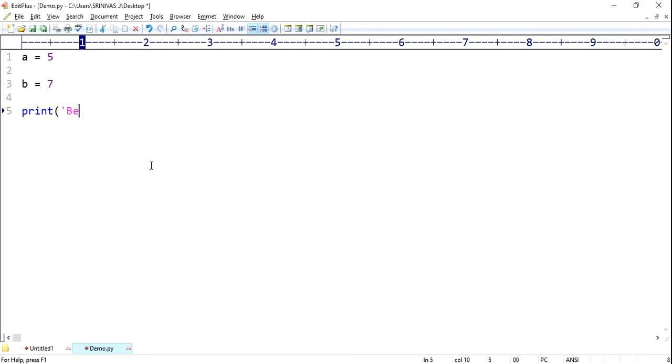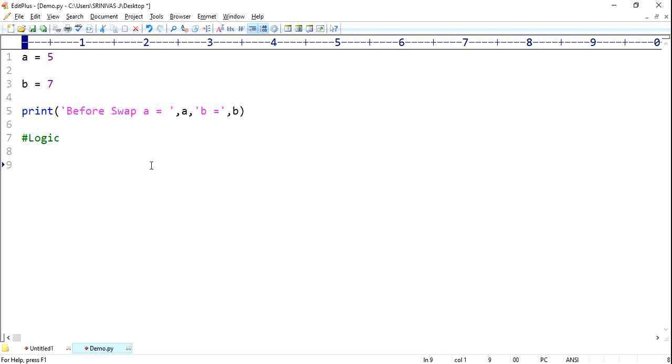Print before swap, a equals to, and b equals to. Then our logic goes here.